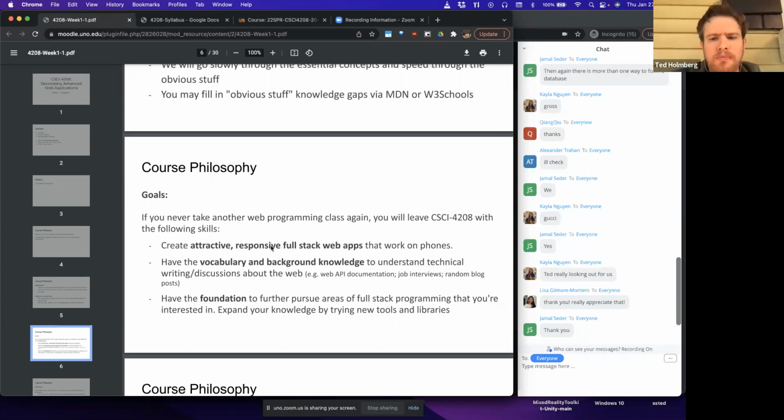Okay, so the goals. So my primary goal is to essentially say, and so if you never take another web programming class again, I want you to leave with the following capabilities: to be able to create attractive, responsive, full stack web applications that work on any type of device that has a browser, have the vocabulary and background knowledge to understand any kind of technical writing or discussions about web,